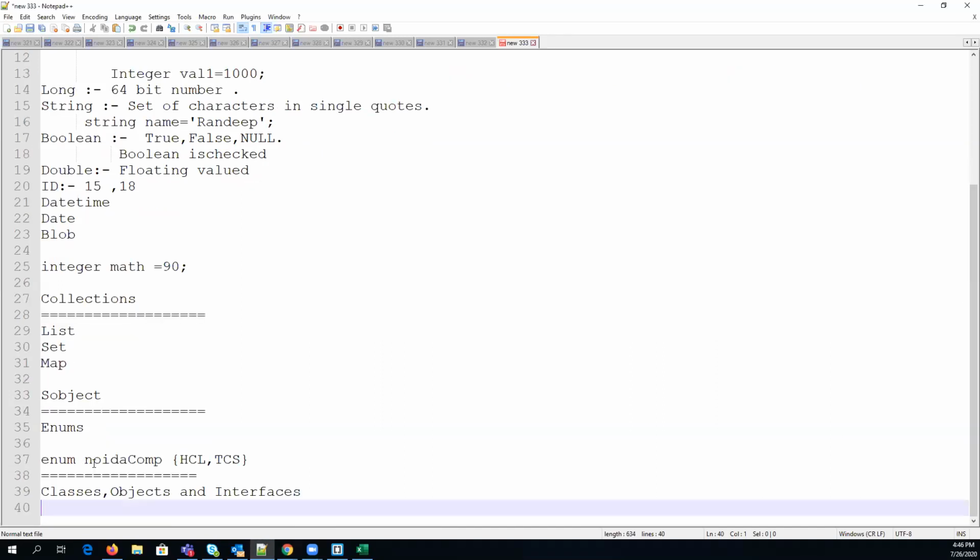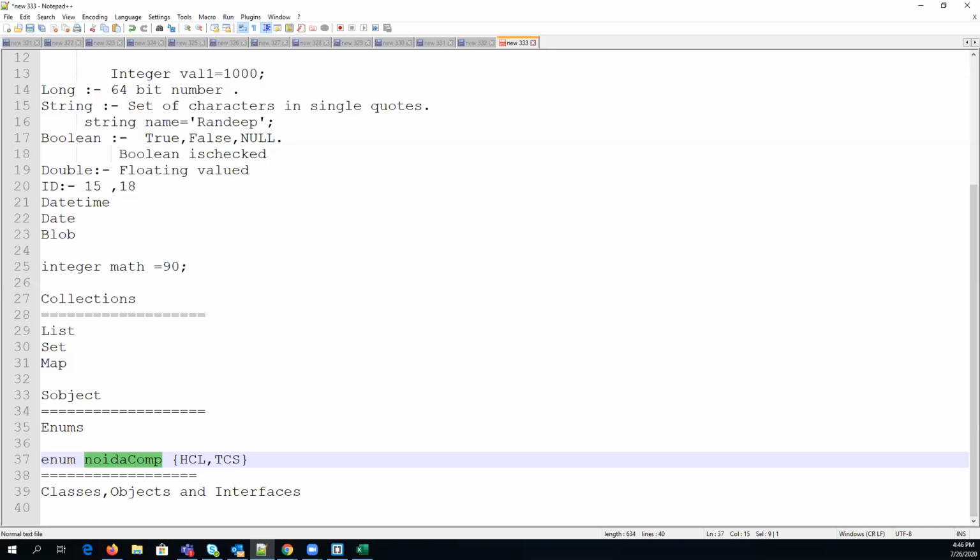Like we need to use the companies that we have in Noida who all are working on Salesforce, right? So you can simply describe an abstract data type variable, and you can use that directly. Like we have declared here, enum Noida company: SCL, TCS. The combination of values of that abstract data type you can simply assign here in Noida comp. So we'll also take an example along with the collections for enum.